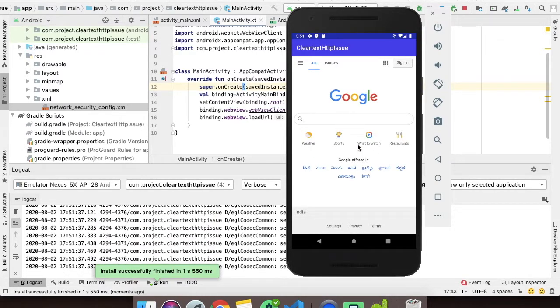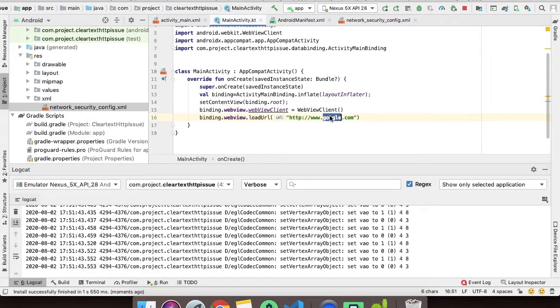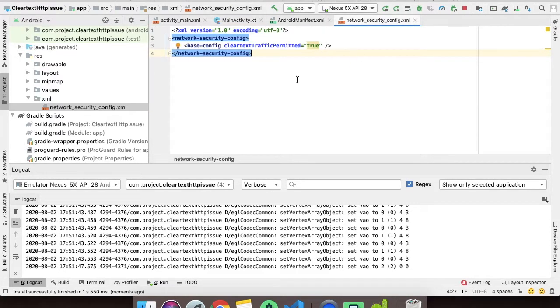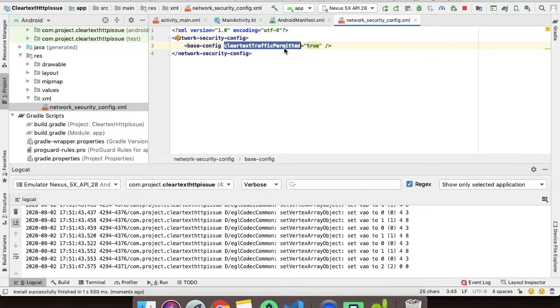Okay, so the URL has been loaded into our own application, and it is an HTTP URL. So this is option 2. We can try a network security config file. There are multiple things we can do in this file. I'll put a link to this entire documentation on developer.android.com in the description, and you can see from there what customization you can do from here.